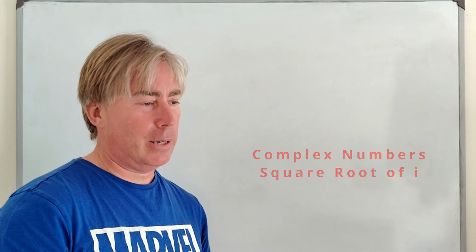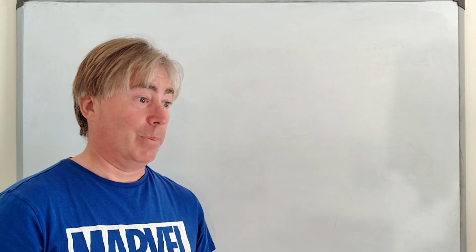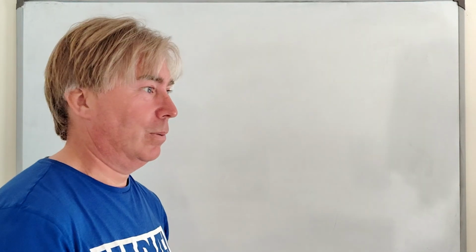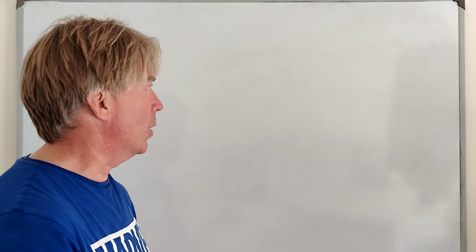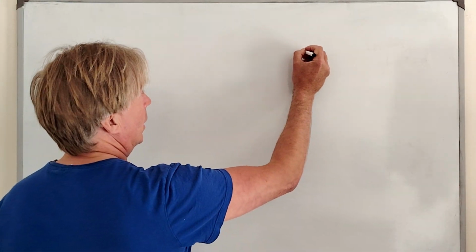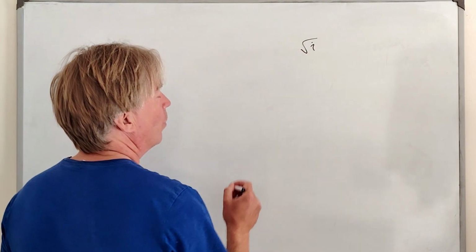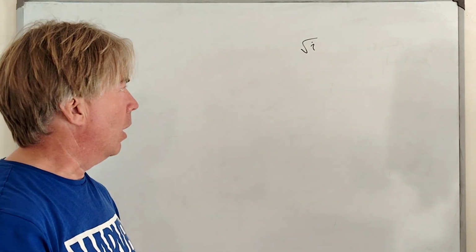Hi there. Last year I had a particularly bright A-level further maths student. He kept asking me challenging questions, which I'm quite into. But this particular one was a bit of a head scratcher. He asked me what the square root of i was. What is the square root of i? Well, we know the square root of -1 is by definition i, but the square root of i is a